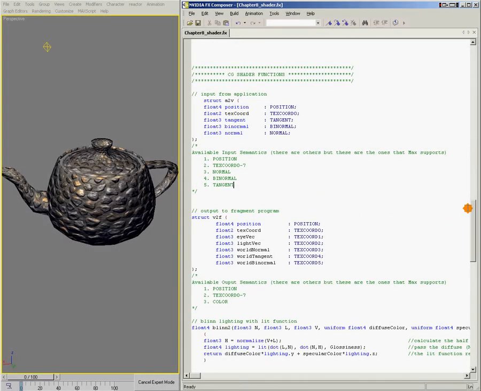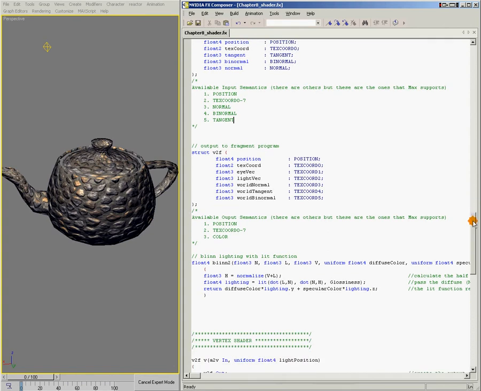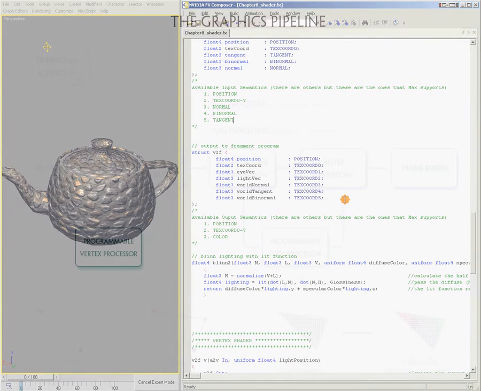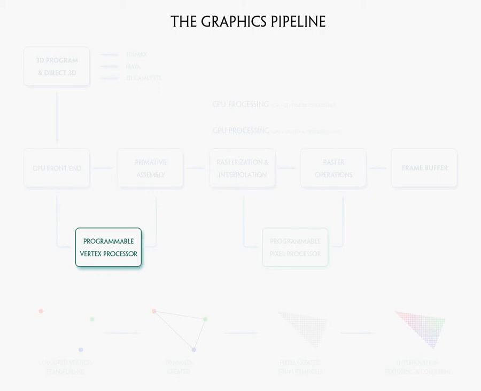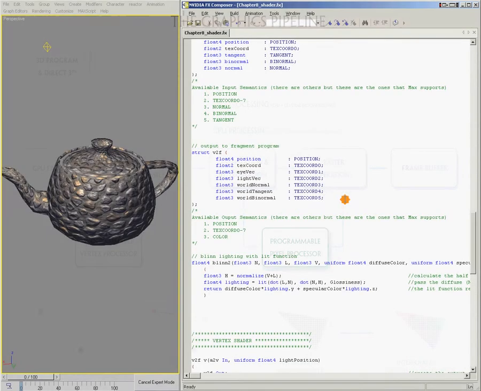Lastly, let's talk about the output struct. So we'll scroll down here just a little bit. This struct holds the data that gets passed from the vertex shader to the pixel shader. Just like the input struct, the output struct consists of data type members with bindings and keywords. These keywords act a little differently, though. Instead of telling the computer what data to assign to the variables, these keywords tell the computer which registers to